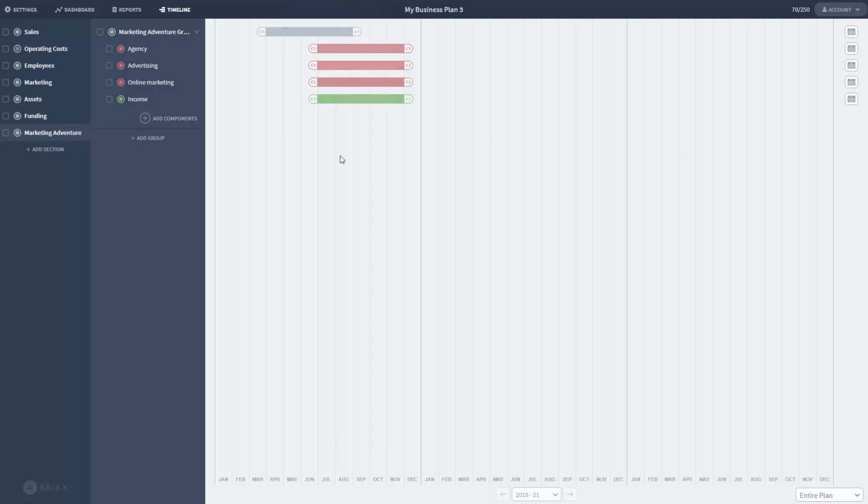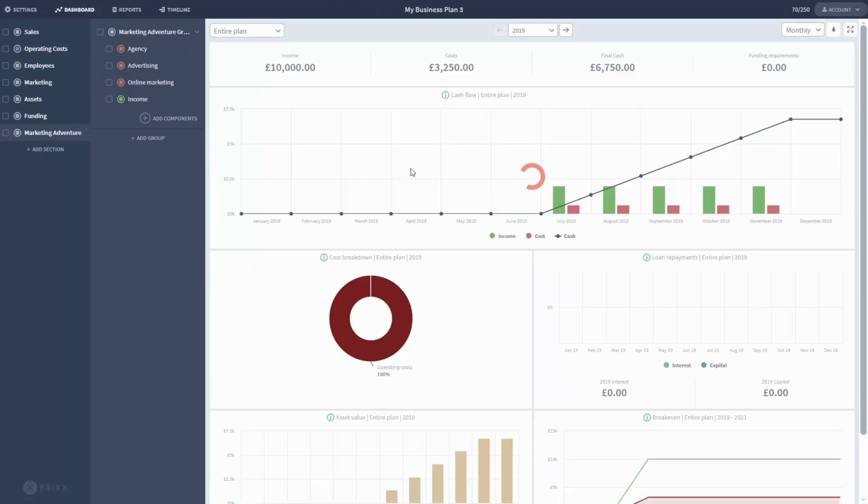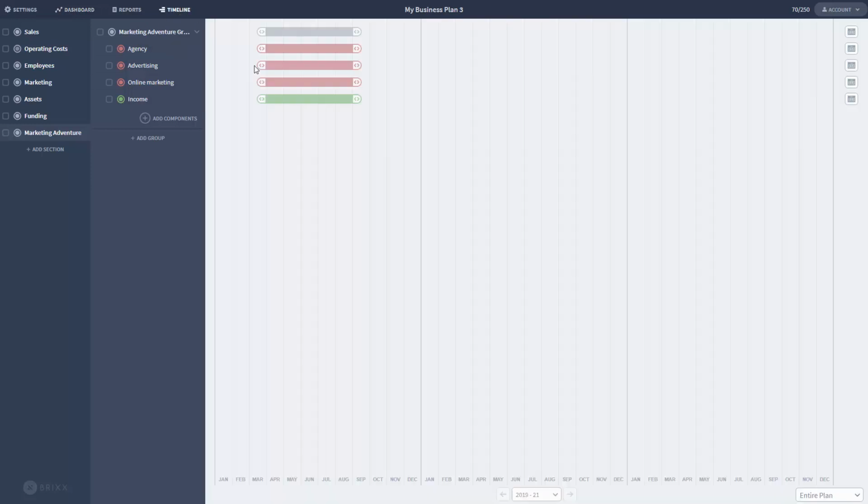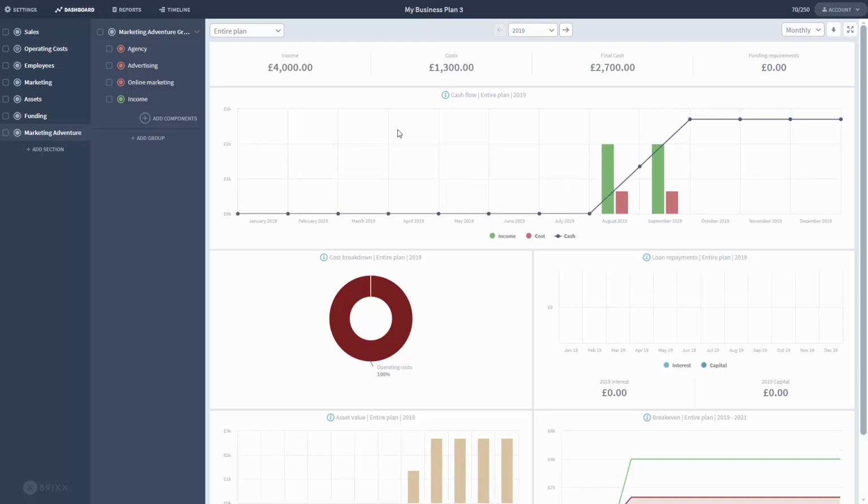If I move it backwards into the plan, it now adjusts these numbers here, so I can see the impact of the project starting a month later than expected, and the project going on for less time or more time than expected. So, as you can see, it's quick for me to make those changes, and in a really visual and tangible way that isn't just fiddling around with rows and cells on a spreadsheet. It's just a lot easier to test out these scenarios,